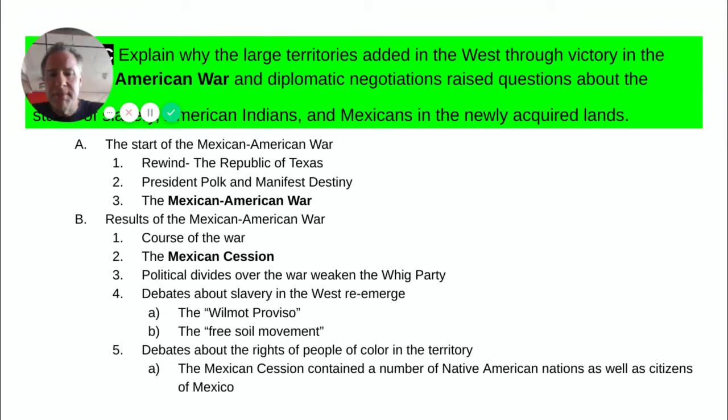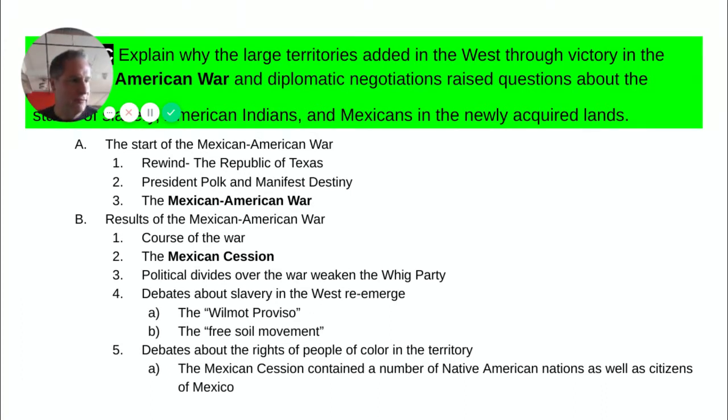There was also some debate about the rights of people of color who lived in the Southwest. If you would have traveled to the Mexican Cession, there were Mexicans that lived there. Latinx people who were Mexican citizens who didn't do anything. They didn't move. They didn't relocate. It's just one day their house was in Mexico and the next day their house was suddenly in the United States. And so there were questions about, are these people citizens of the United States? What are they and what rights do they have?